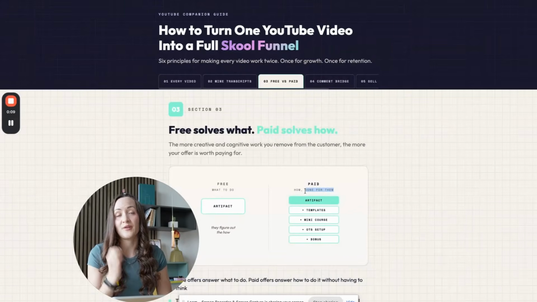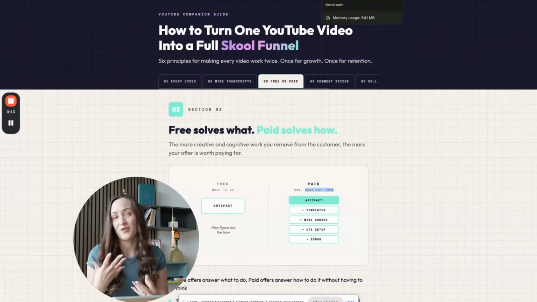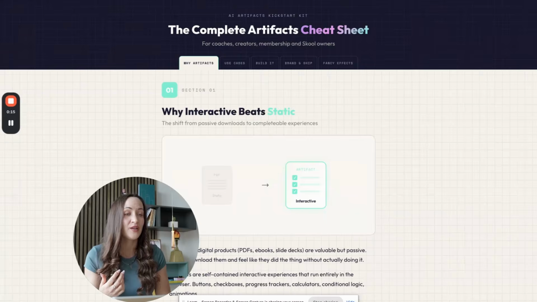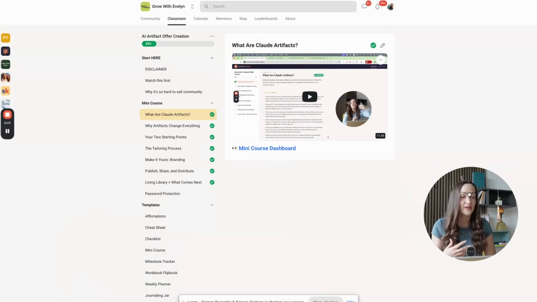Plus, I also recommend if you want to make it paid and you want to make it super attractive, you also want to include some sort of done for you. So when you are walking them through the how to, you'll realize that the process requires additional resources that you could potentially create for them. So for example, in my